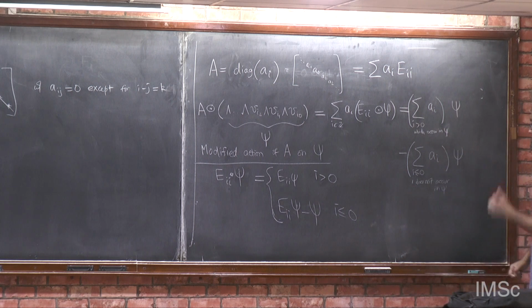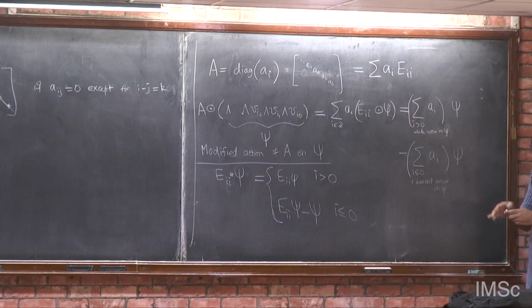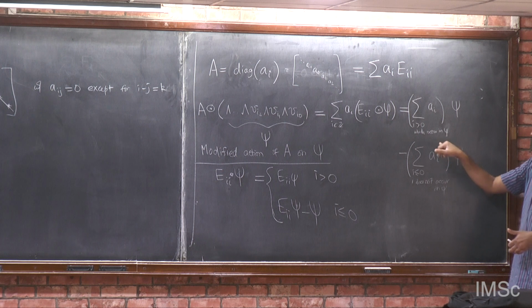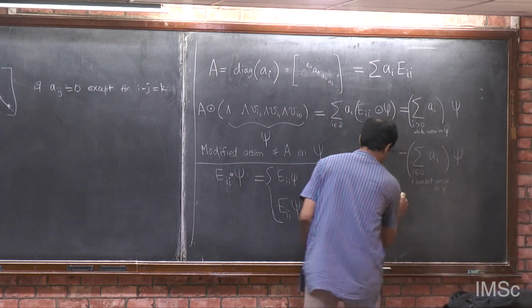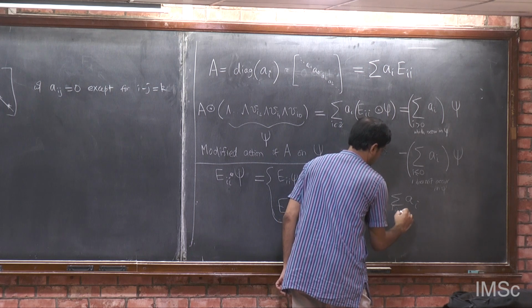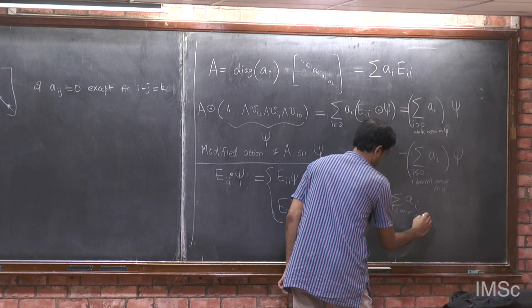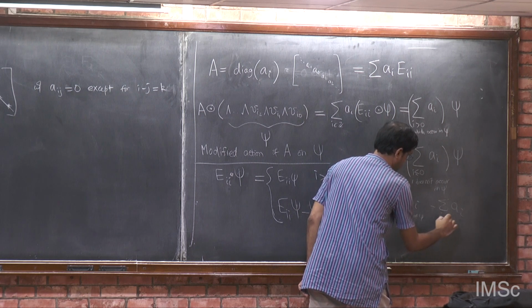This is fine. So this modified action is well defined. Why? Because the set of electrons and the set of holes are both finite. This is how we define psis. They are the ones which have exactly finitely many positive i's which occur and finitely many non-positive i's which do not occur. So this is just the sum of a_i, i an electron of psi, minus the sum of those diagonal entries a_i such that i is a hole of psi